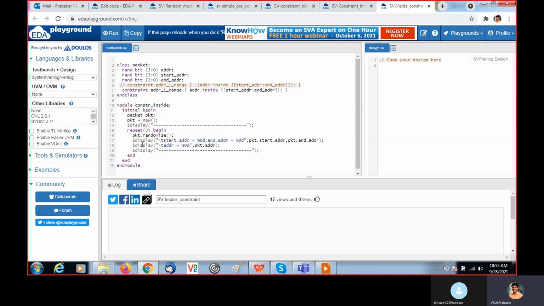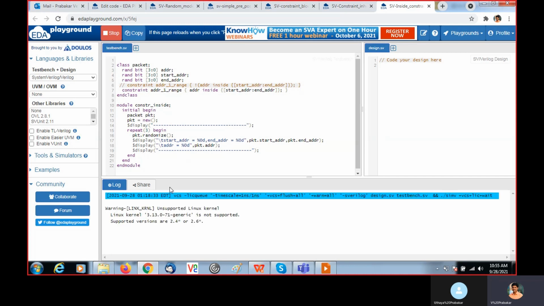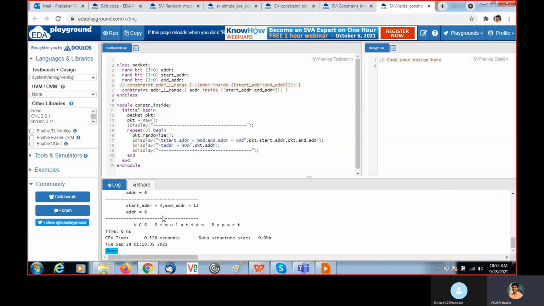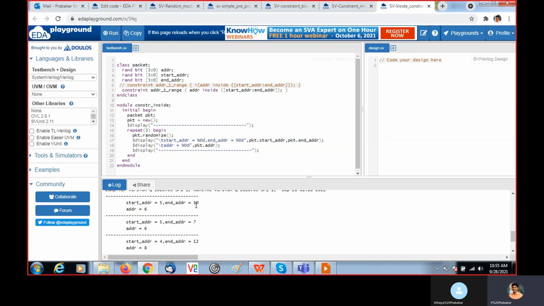3 times I am going to randomize and print the start address, end address, and the address. Start address takes 5 and end address takes 10, so the address should be inside this range, and it is 6. The second time, it takes 5 and 7, and inside this range it takes 6.